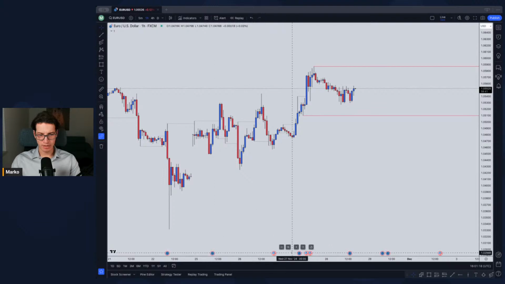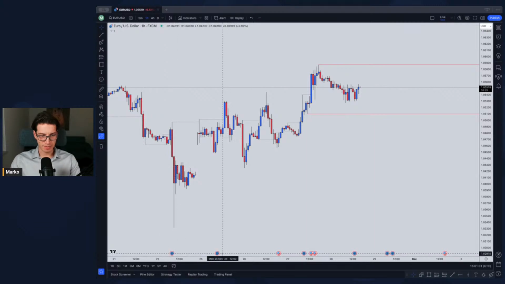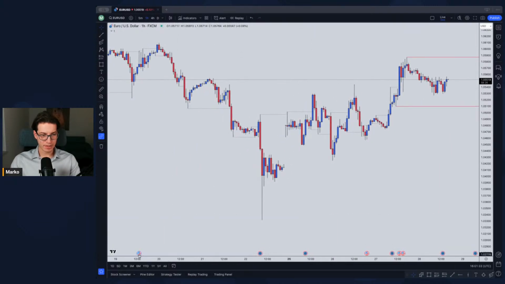So if we look at these bottom circles, and of course, if anyone has any questions or chart requests, make sure to put them in the chat. We will go through every single one. But yeah, let's look at these bubbles. Basically, we had